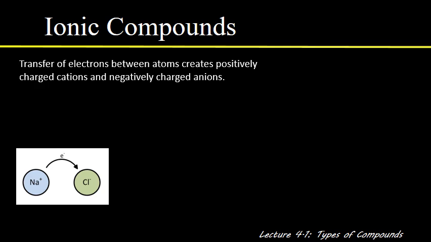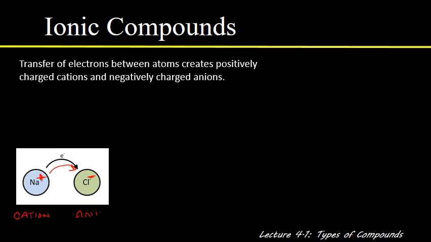For example, sodium chloride: a sodium atom transfers an electron to a chlorine atom. Losing that electron gives the sodium a positive charge, and gaining an electron gives the chlorine a negative charge, and so you end up with a